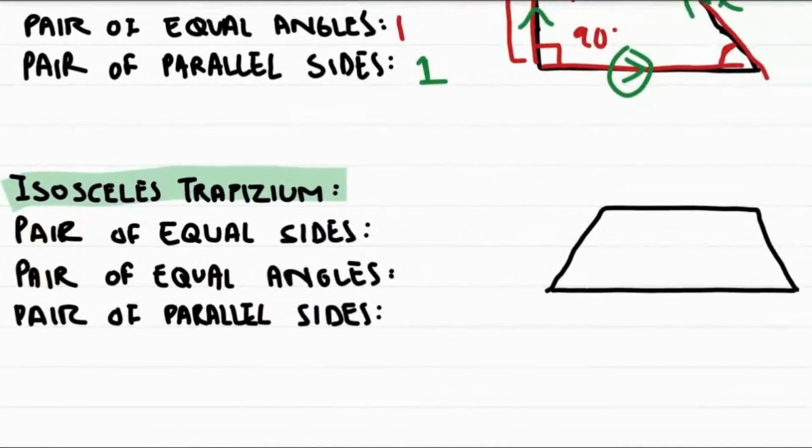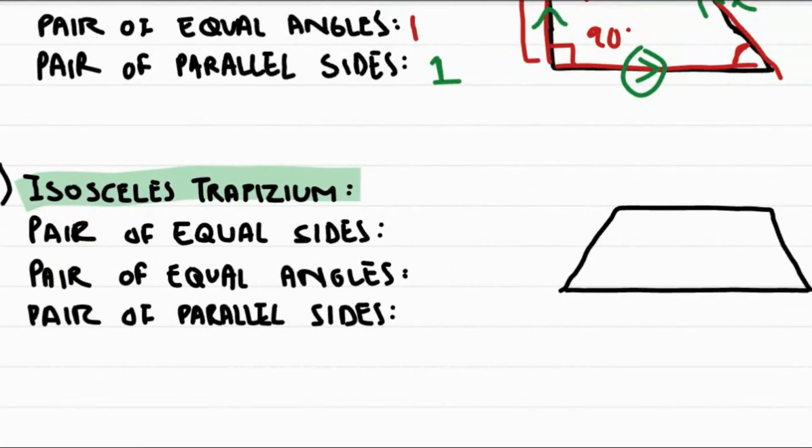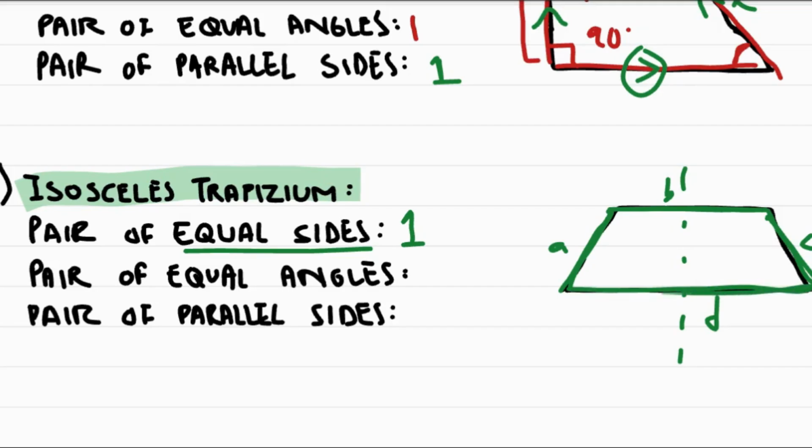Now let's come to an isosceles trapezium. Now an isosceles trapezium is symmetrical, right? Symmetrical means that this side is a mirror image of side A, right? So over here, if you look at equal sides, now let's name them as well. Let's call this A, B, C, and D, right? So A and C would be equal in terms of length, right? So that gives us one pair of equal sides, because obviously side B and side D are not equal to each other in terms of length.